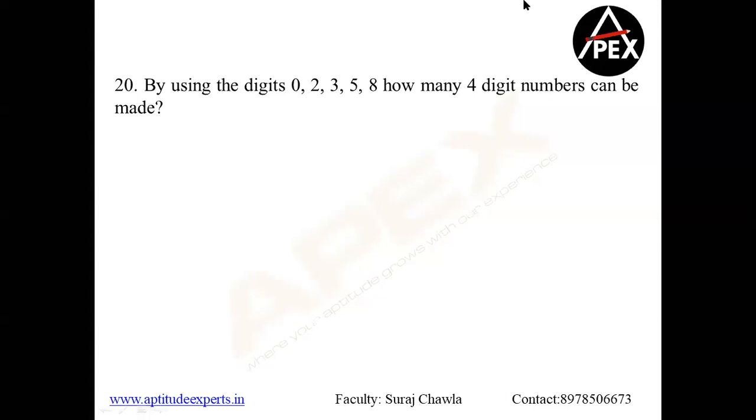Yeah, let's see these questions here. Now, let's look at both the cases initially. And as I told you, certain questions will be given with repetition and certain questions will be given without repetitions. So when zero is involved, please understand we do not have zero in the first place. Zero is never considered in the first place.